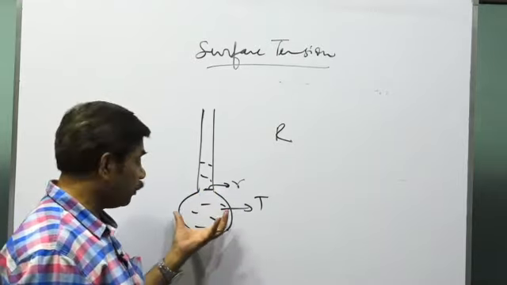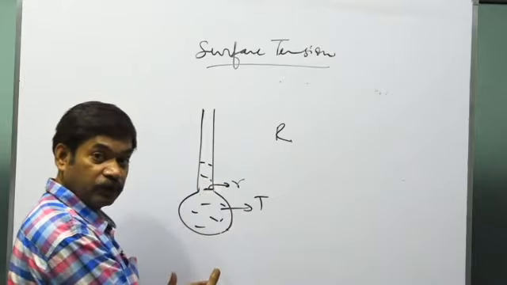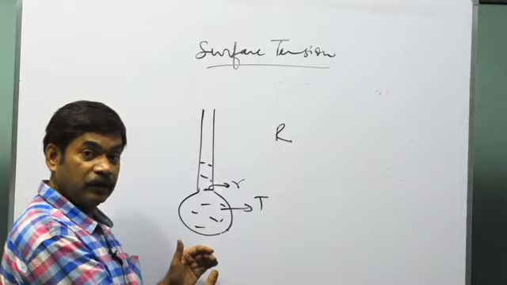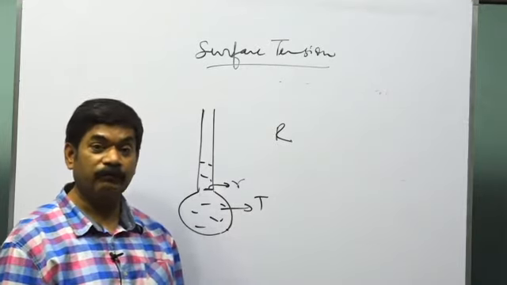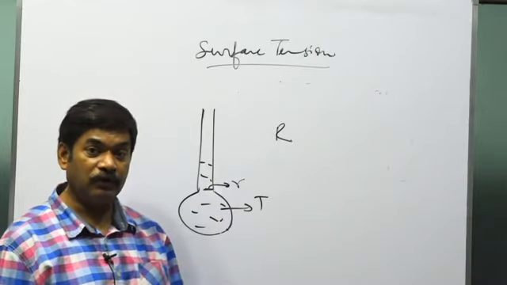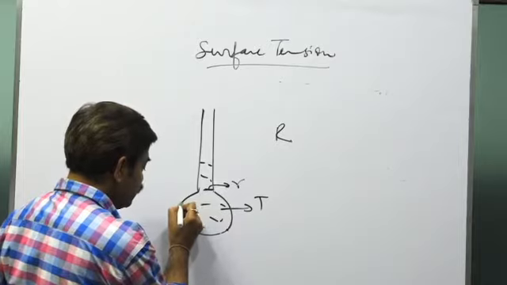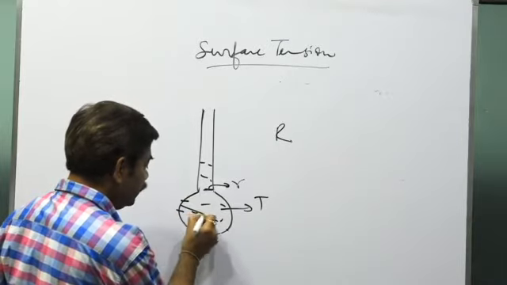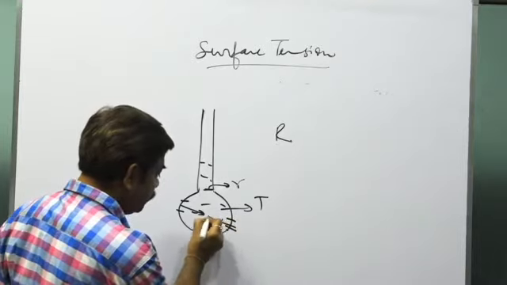As the radius of the drop gradually increases, the weight of the drop also increases, and for a certain weight, the force generated by the surface tension will not be able to hold it. So the drop will fall. Now look at this. We do it like this. The force of surface tension generated from this part will be in the inward direction, and the force from this part will also be in the inward direction.